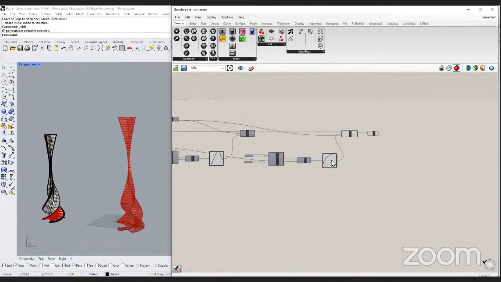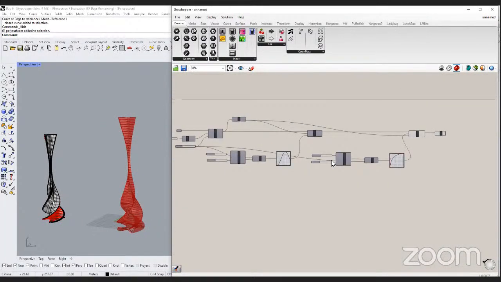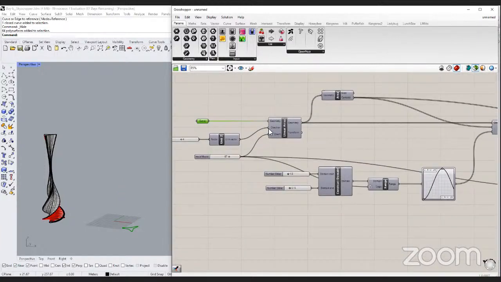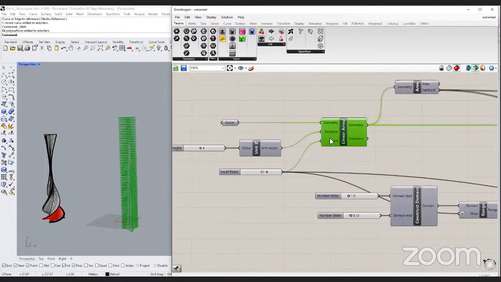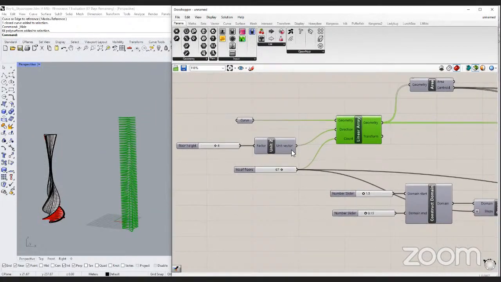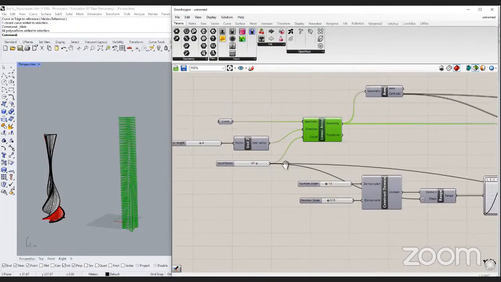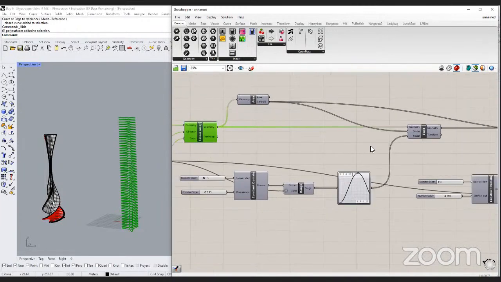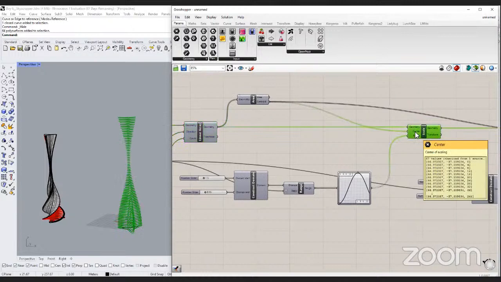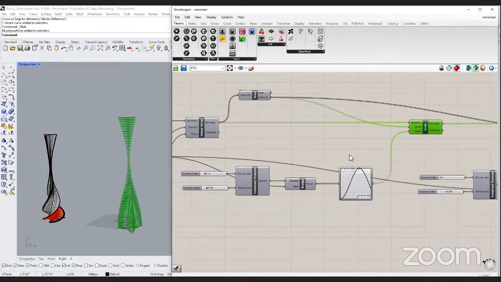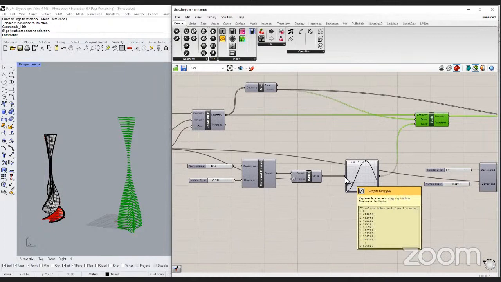So let me quickly run through the process once again, like the basic approach of the algorithm. In case you have forgotten the flow, we will briefly run through it. Single floor plates to multiple floor plates using an array component. Direction you would give using a unit vector, which also controls the distance between each floor. And you also give how many floors you want. Once you have the floor plates, we change the size of each floor plate. And to do that, we make sure we are using a range and graph mapper, which is like the most important tool